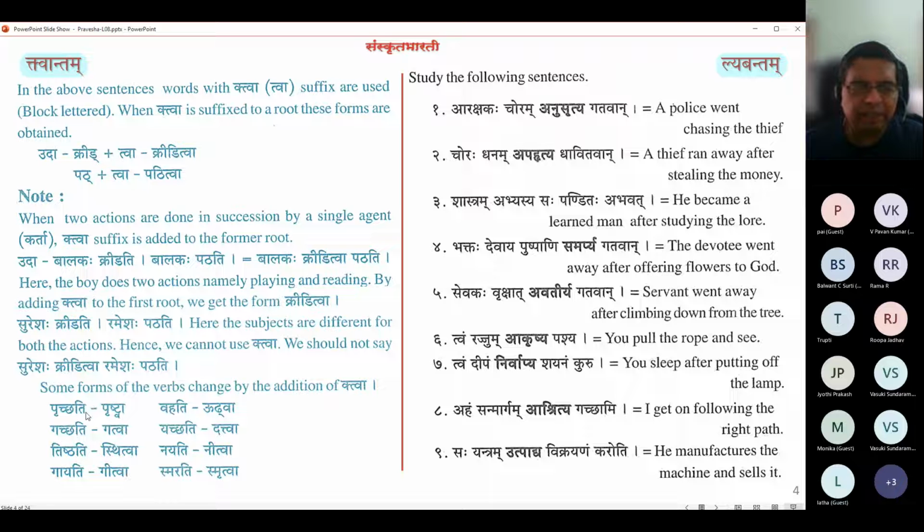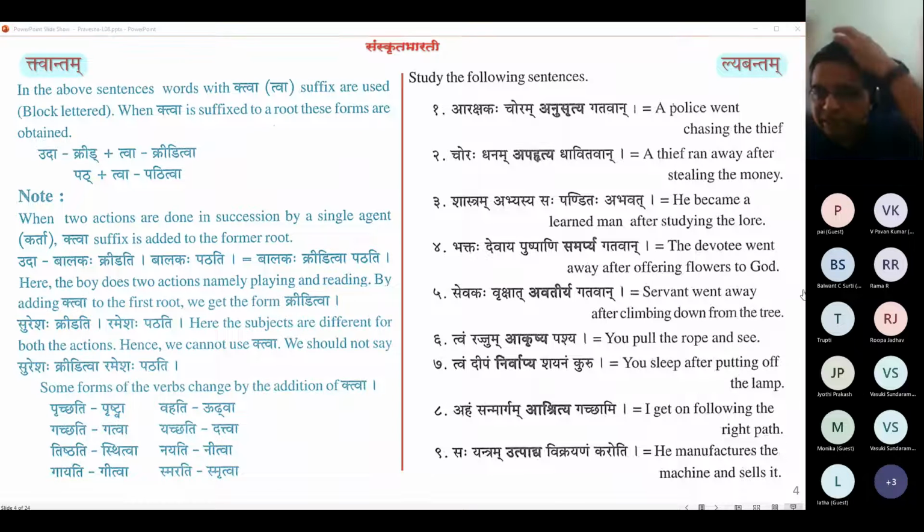You cannot have a prefix annotated onto the dhatu, in which case another different pratyaya is used in the same sense, which is the focus of the next portion of the lesson, and that is called lyap pratyaya. Only ya will remain, but the whole pratyaya is called lyap pratyaya. Lyabantam: lyap becomes lyab due to vyanjana sandhi, so lyap antam becomes lyabantam in total. So tvantam and lyabantam are like complements. Tvantam for pure dhatus, lyap antams in the same sense for upasarga yukta dhatus. We are going to study that.